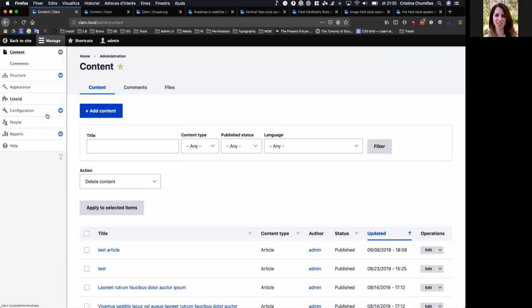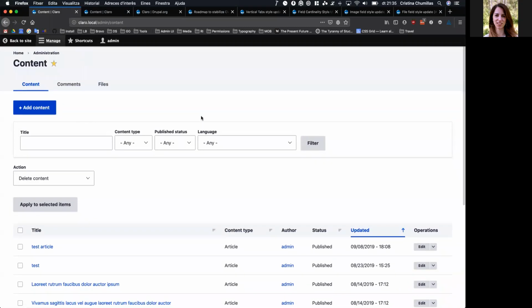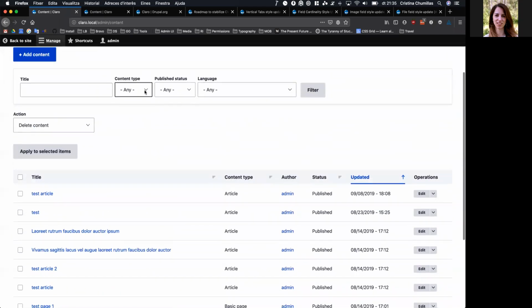Here, that toolbar is not done because it has several implications on core. The problem is that right now it is independent from the admin theme, because it's also seen on the front end, so there is a core discussion related to that. Apart from that, we've been implementing most of the components. Here you can see tables, buttons, drop-down buttons,